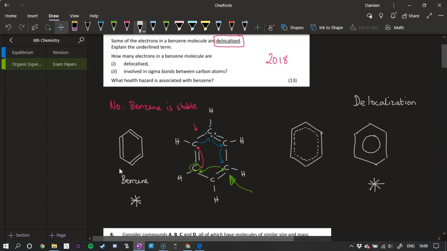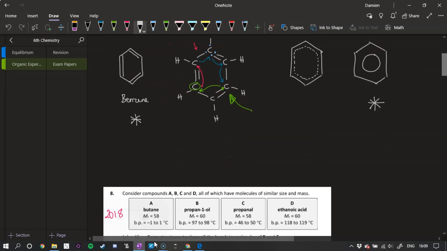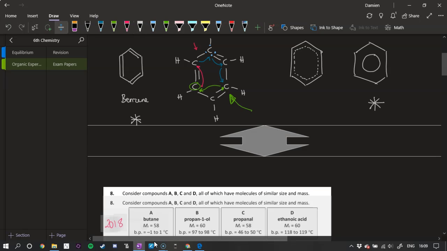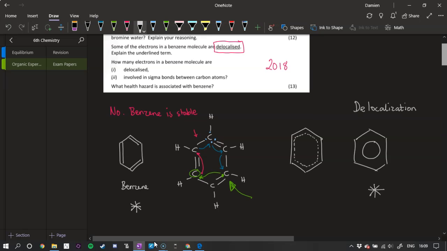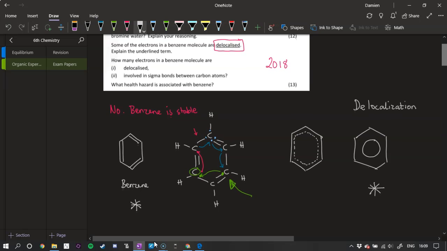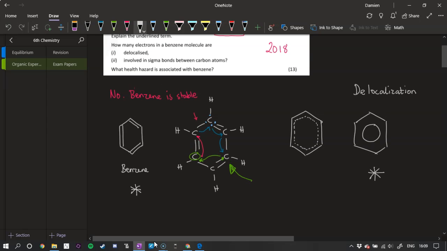So that's a brief explanation of what delocalization is. Now, what sort of an answer are you expected to give? Looking quickly back at the question again, it just says some of the electrons in a benzene molecule are delocalized and explain the underlying term. So when something is delocalized, you can say as an answer, the electrons are shared